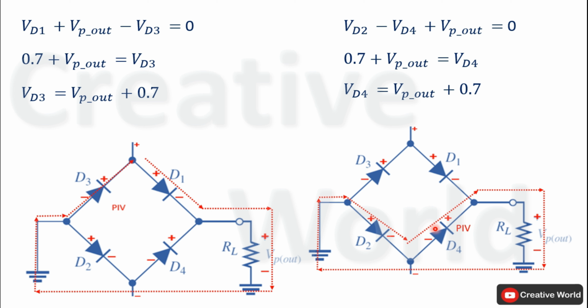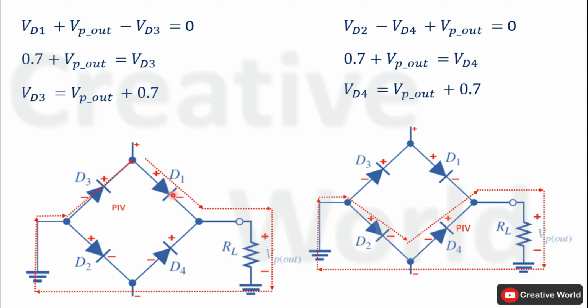Here I have discussed only positive half cycle of the AC input waveform. You may take the negative half cycle across these two terminals as well. In this case, these two polarities will be reversed and the directions of currents will also be reversed along with these polarities across diodes. In that case, these two diodes will be having same maximum peak voltage across them in reverse bias direction. So from this discussion, we can generalize our equation for peak inverse voltage across reverse bias diode